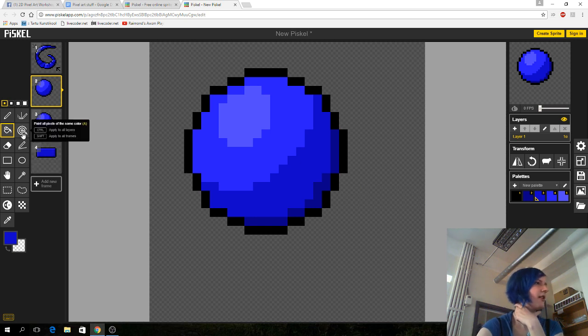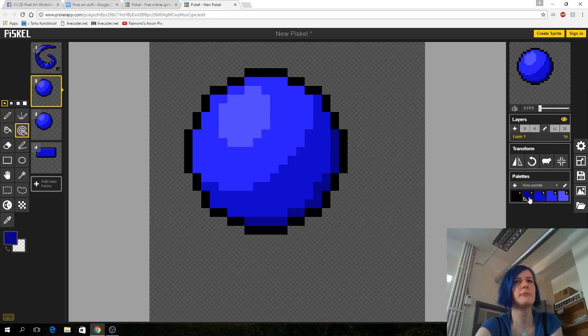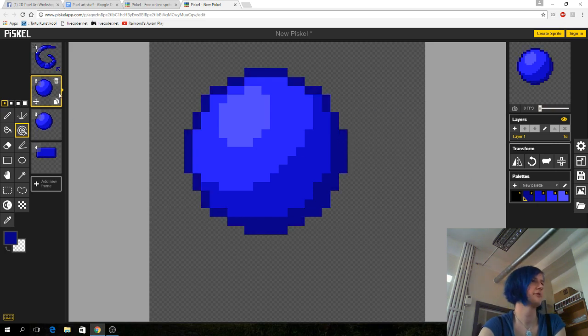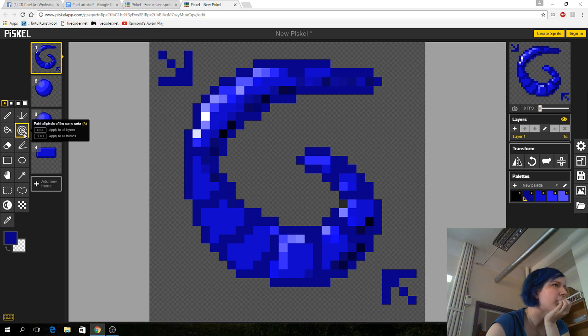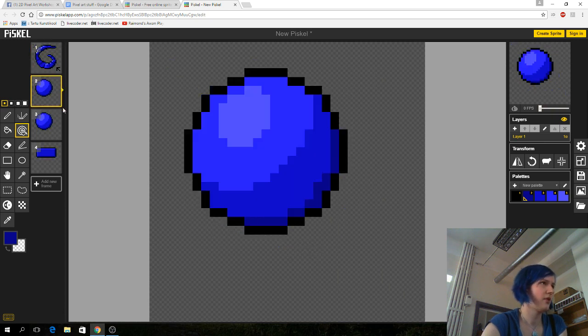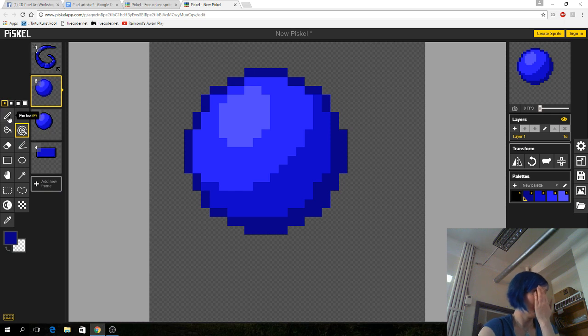Oh, also another great tool in here is paint all the pixels in the same color. If you want to just change the outline to some color, maybe, then you can just do it this way. So it paints all the pixels in this color. But if you hold Control, it's for all layers and frames. But you can just use it for one. So yeah,